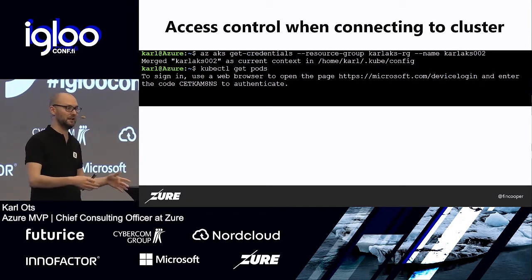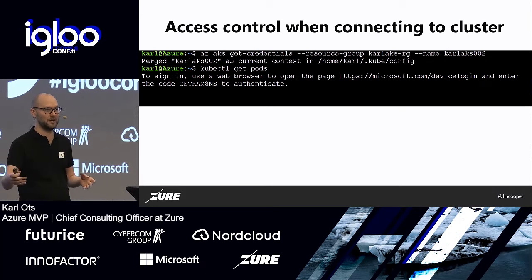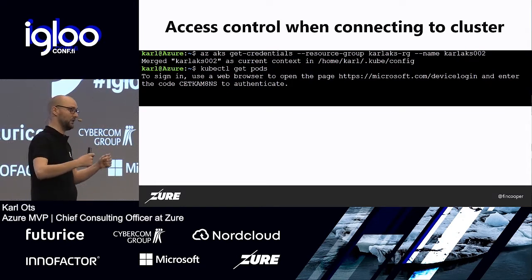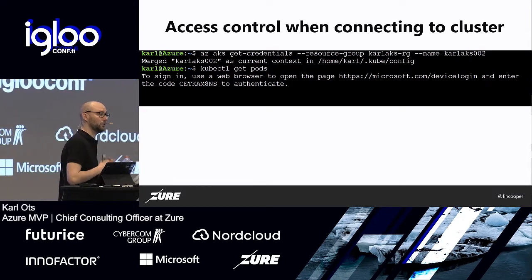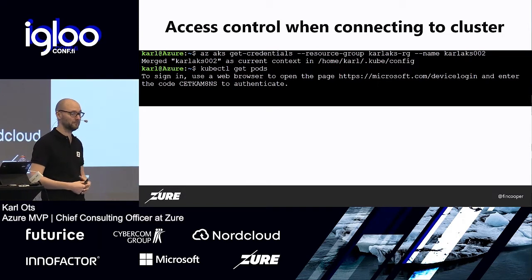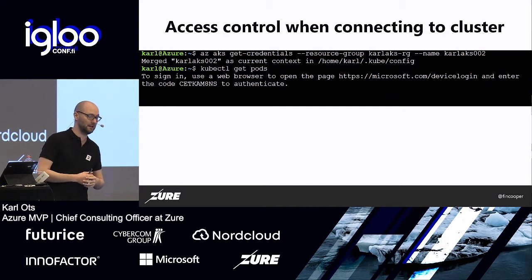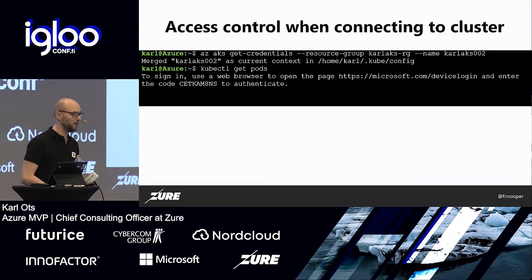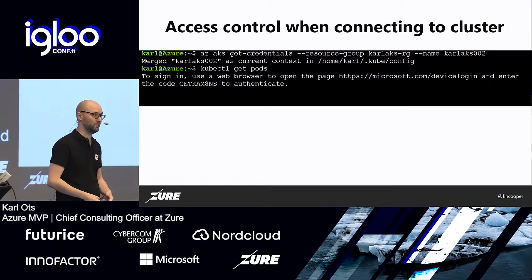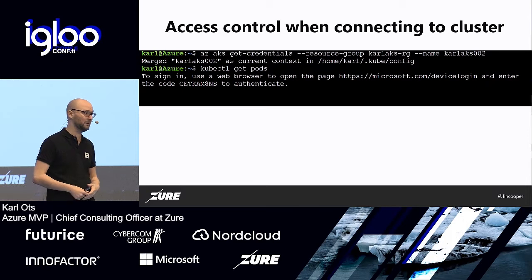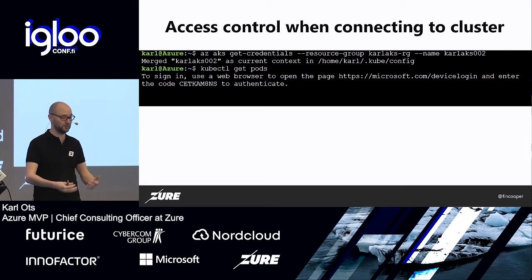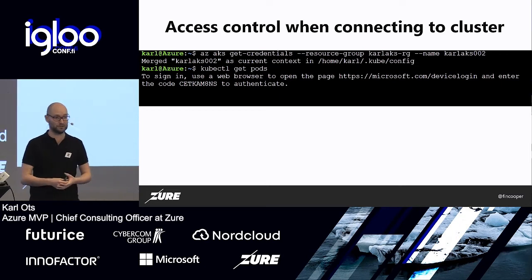I still use AKS get credentials to actually try and connect with my Azure AD credentials. It connects to that, logs into Azure. It tries to pull the Kubernetes cluster user credentials from, in this case, Karl AKS cluster. We actually get the connection details. We save those locally in the kube control. But when we actually start to use kube control, so this Kubernetes tool for actually managing those pods and nodes and everything, we actually get prompted to log in, just like Martin was prompted to log in using this,